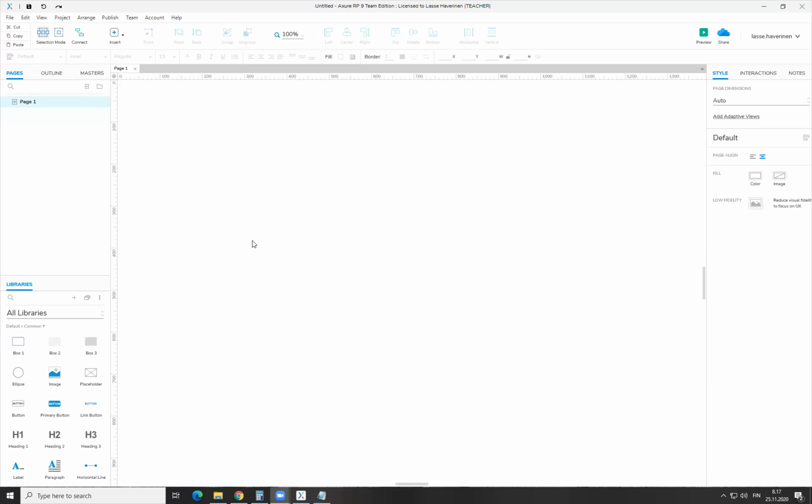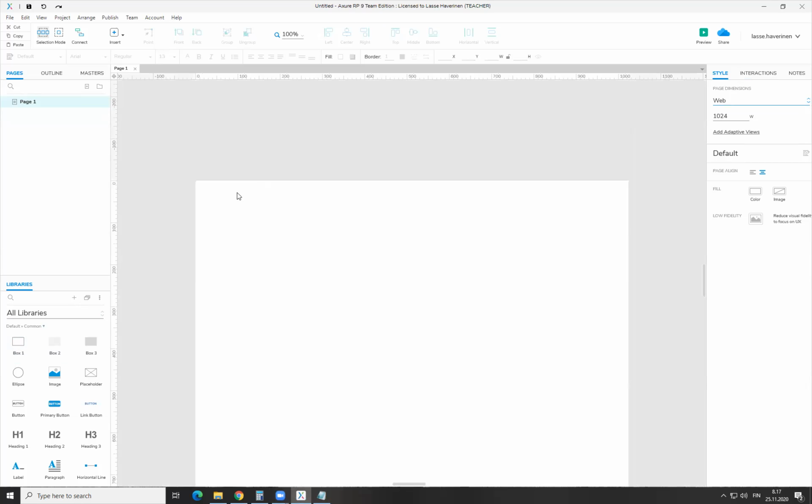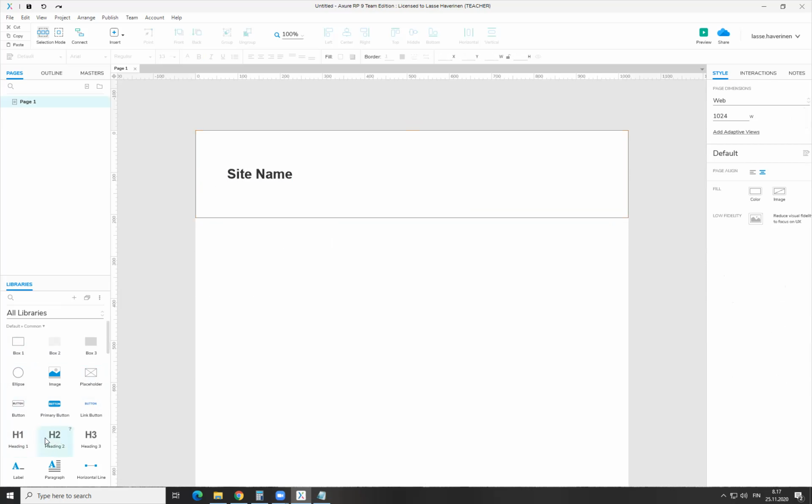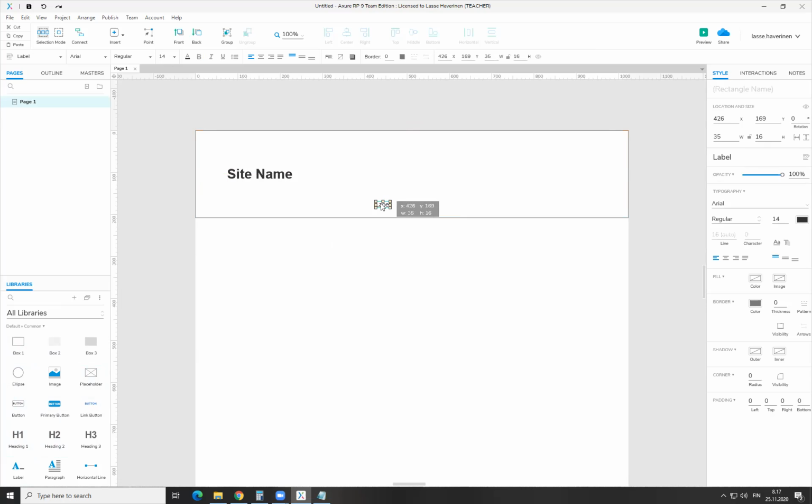Okay, so let's say that I would be creating some kind of web page, and in this web page there is some kind of, let's say, header element which repeats in many views, or maybe in all of them. So it might be so that here on top there is some kind of header element, and then maybe there is some text, like so, and then maybe there are some